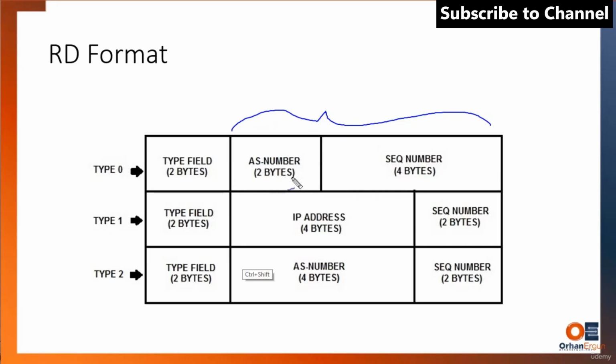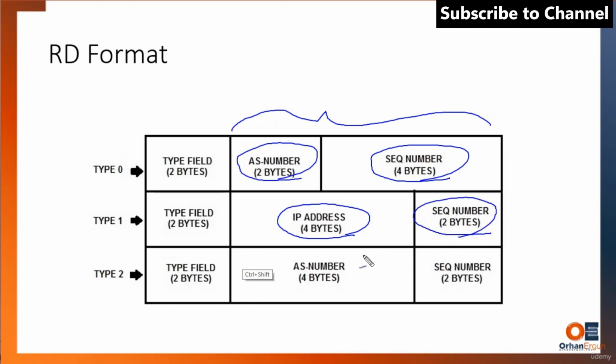Like I said, we can have an AS number in the beginning and then assign a 4-byte sequence number to the end. This is type 0. We can have an IP address like a router ID, for example, in the beginning and then add a sequence number to the end. Or we can have an AS number in the beginning with 4 bytes, of course, and then a sequence number in the end. Now, this means that we can have something like 10.10.10.1, then a colon here,